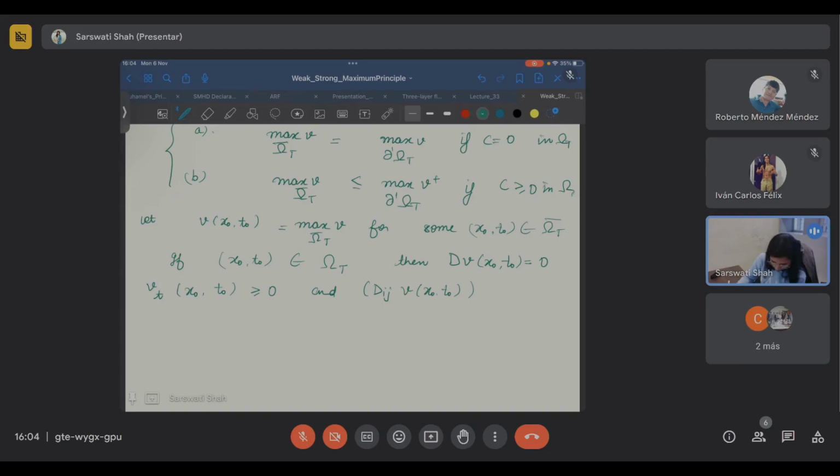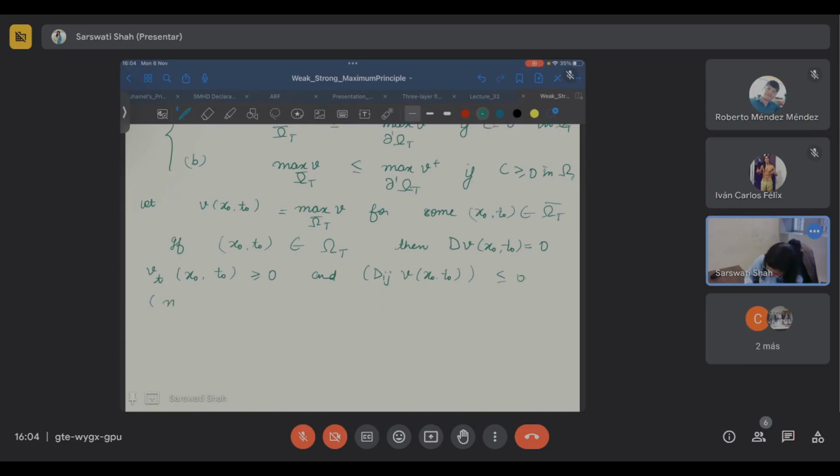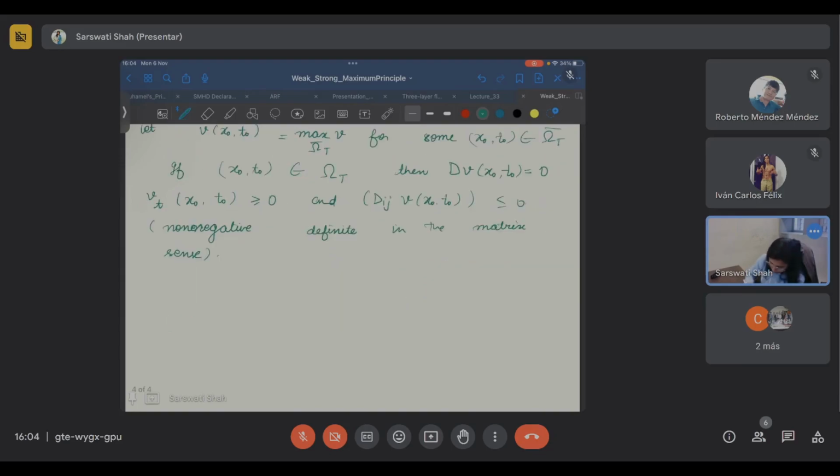Just wait, I'm explaining it. Non-negative definite in the matrix sense. Hence, Vt plus LV is equal to Vt minus